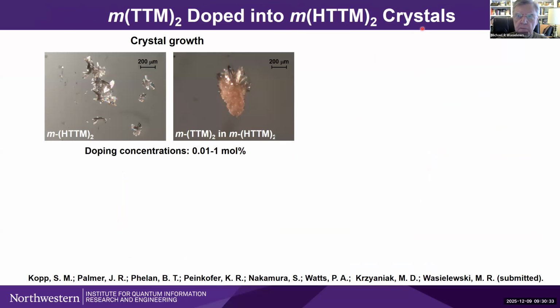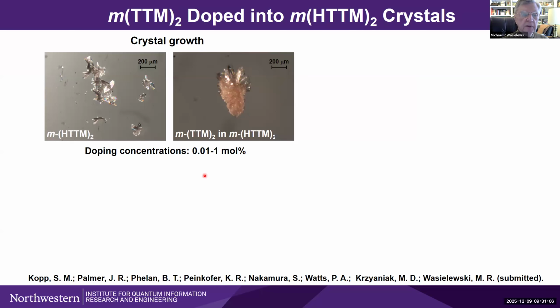Okay. Last thing I'm going to talk about is what's really cool: you can actually dope these molecules, these diradicals, into their precursors. And their precursors are crystalline. As I mentioned before, we have X-ray structures of the precursors. And from the pictures I show here, note the fact that the precursor has no absorption in the visible spectrum. I mean, they're colorless crystals. They're nice little colorless crystals, but the diradicals are bright red.